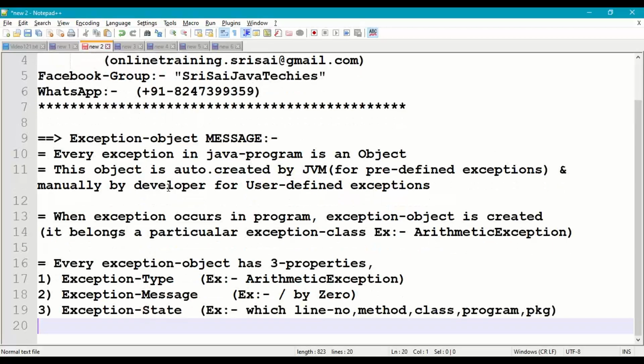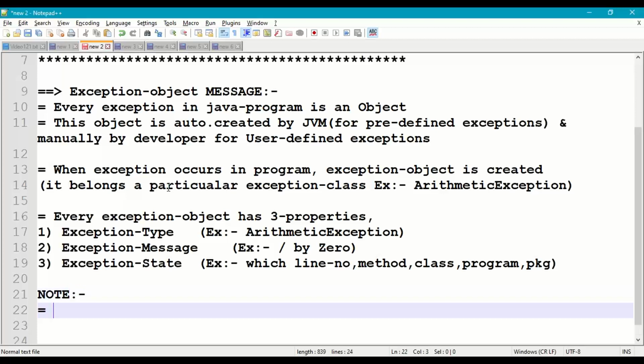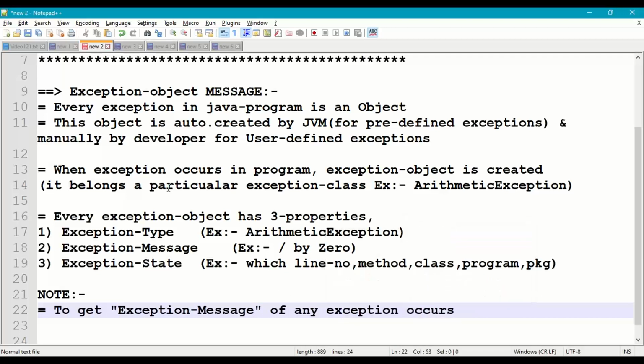So now how to work with exception object, with exception message? That is important for us. To get exception message of any exception occurred in program, we use the below method.